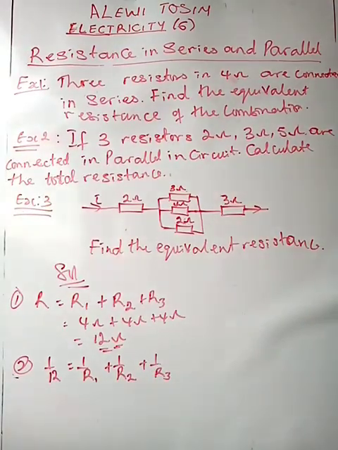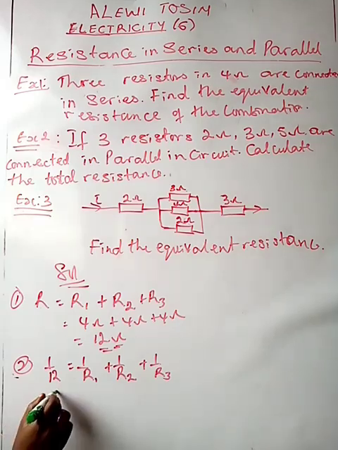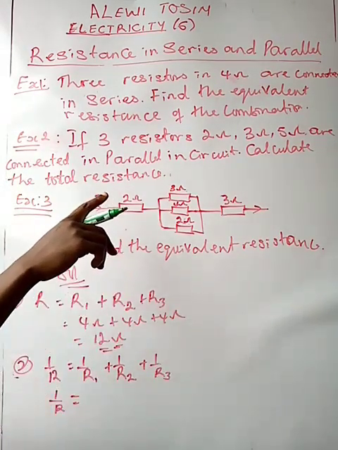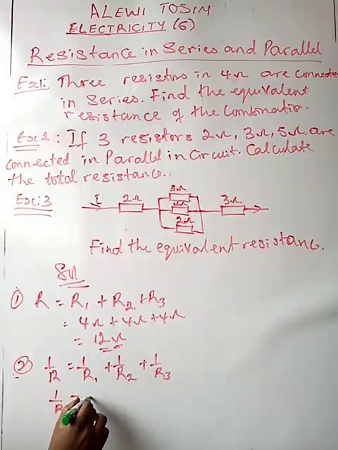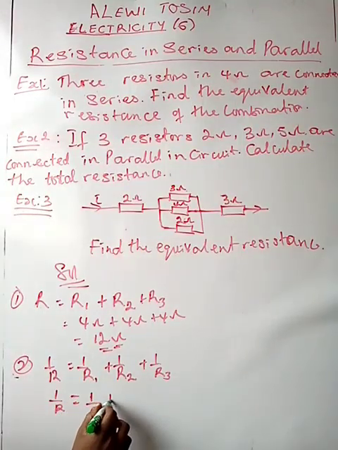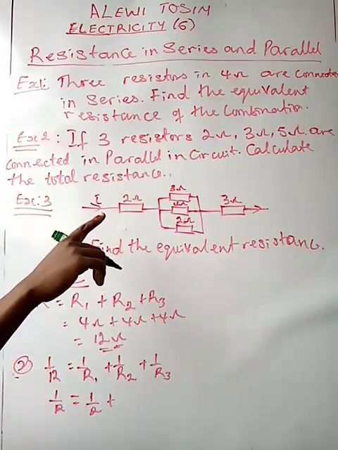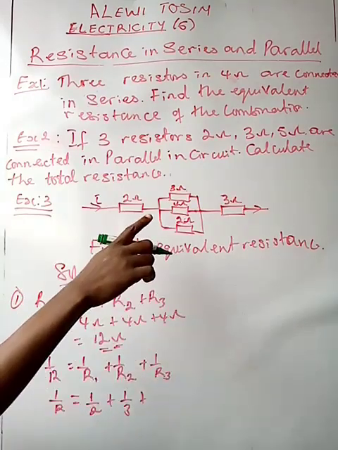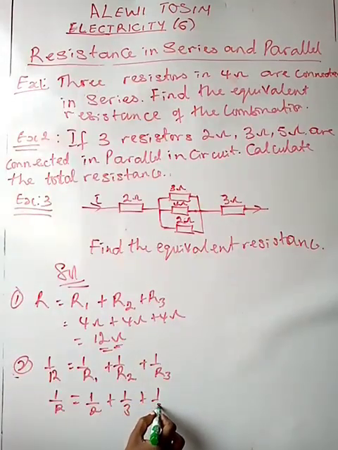So 1 over R now. What's our R? Is unknown. Our R1, according to the question, is 2 ohms. That's 1 over 2 plus our R2 is 3 ohms, 1 over 3,